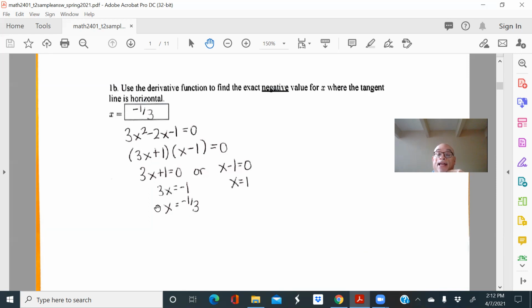So here is the negative x value that makes the derivative 0, or here's the negative x value where the slope of the tangent, where the tangent line is horizontal, where the tangent line has slope 0. So minus 1/3 is what we were looking for in that case, right? So be prepared for this sort of question on the test for sure, because this is a very common sort of question